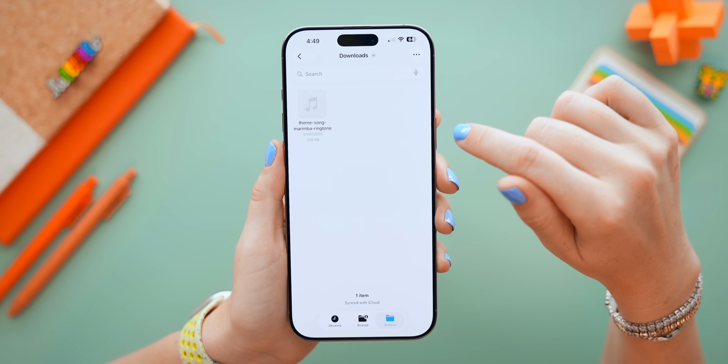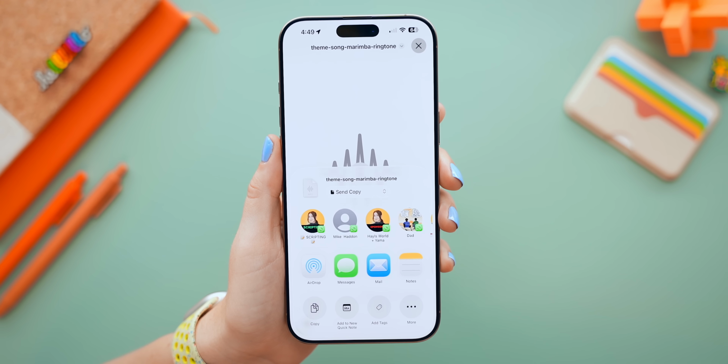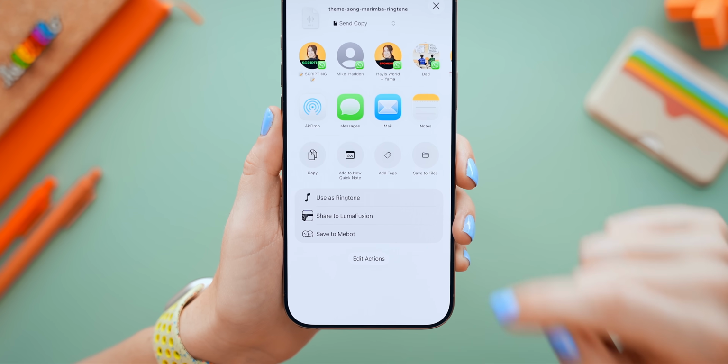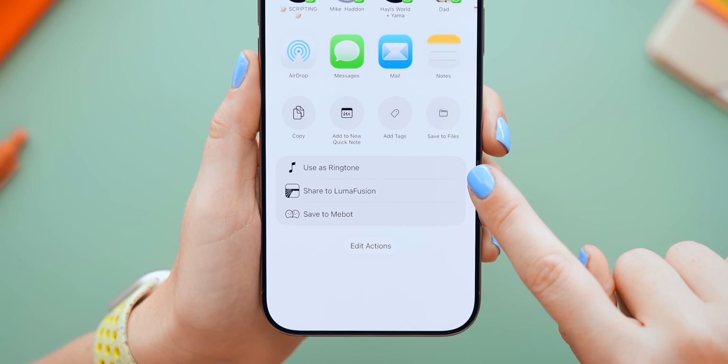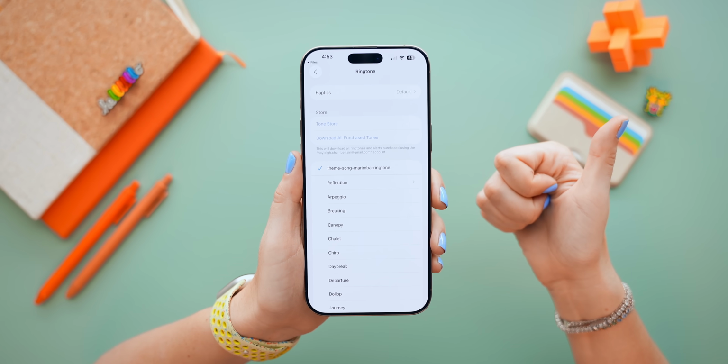So within your downloaded files, tap on the song you just downloaded, hit the share icon, then just swipe up and right over there, use as ringtone. It's kind of crazy at just how hidden this is, but once you've tapped that, you're done. Nice. And now, whenever you get a call,